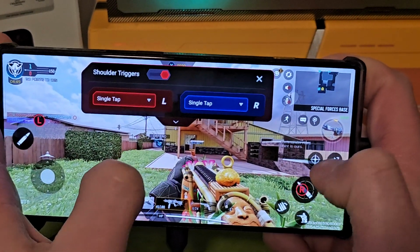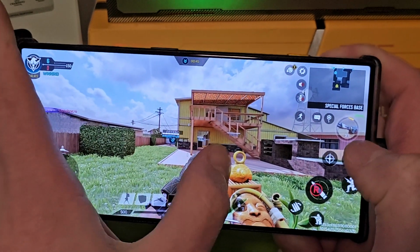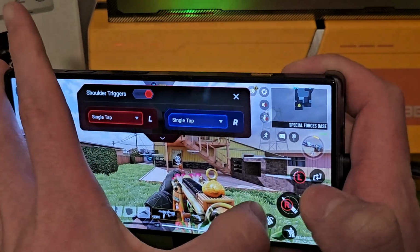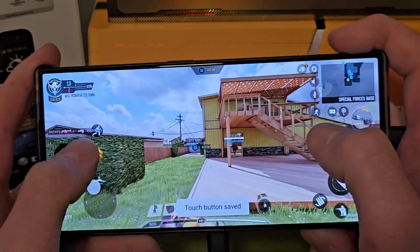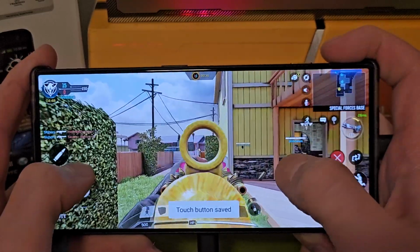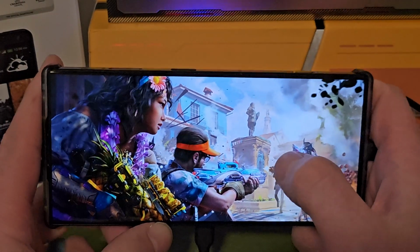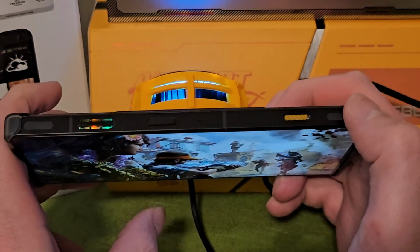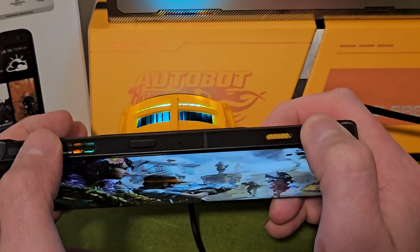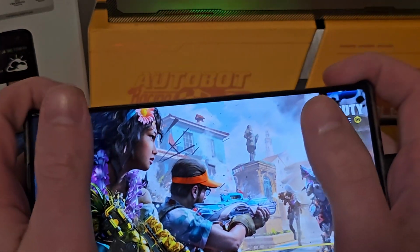Okay, and I'm setting up the shoulder triggers. Let me just... Yo, let me just real quick. So. Hopefully you can see. It's got a bunch of settings and stuff. It's got pro mode. And then...